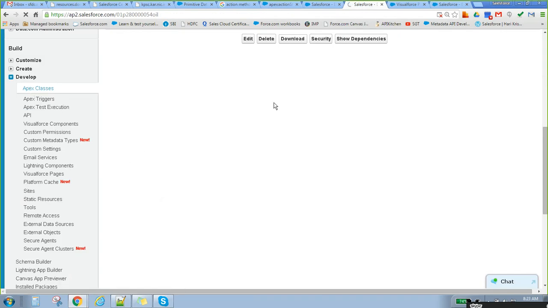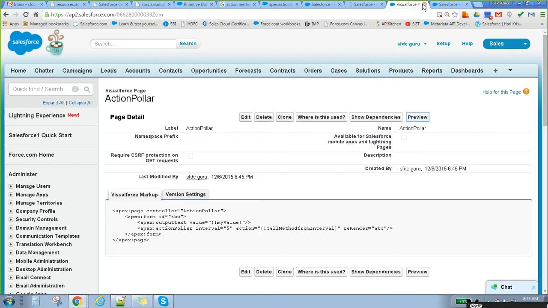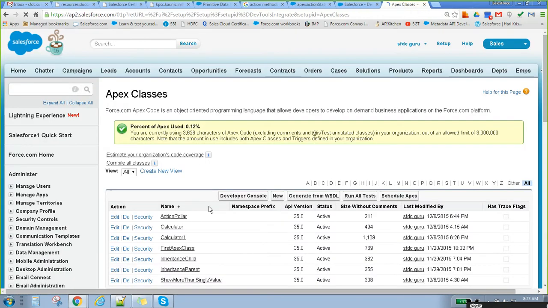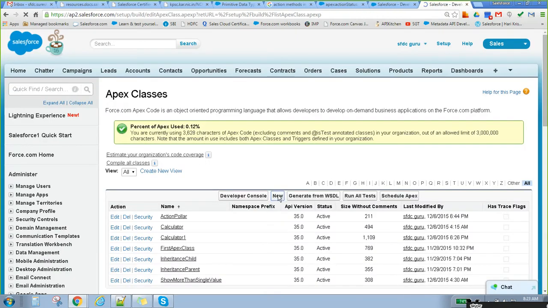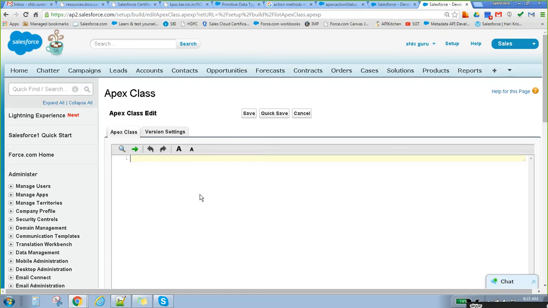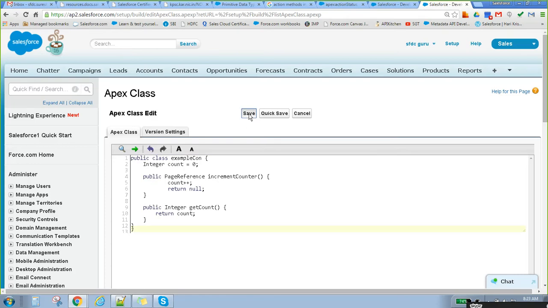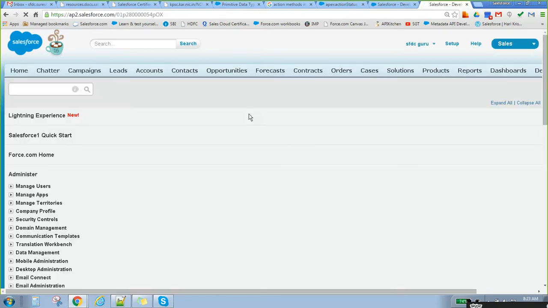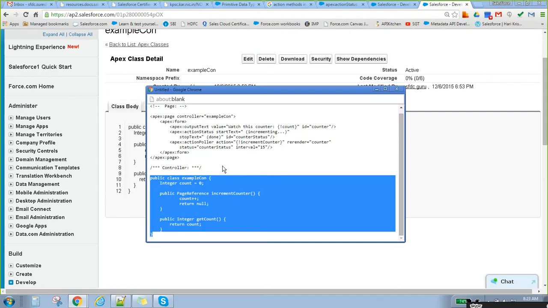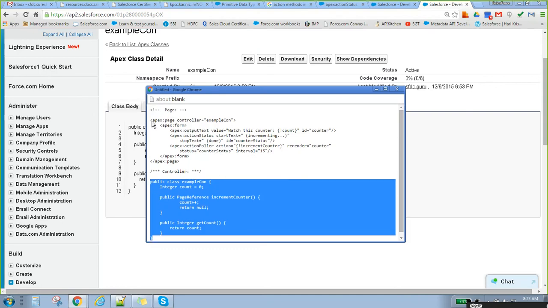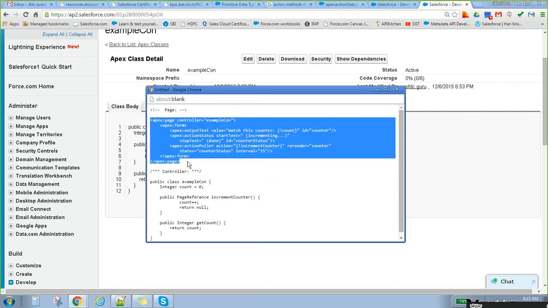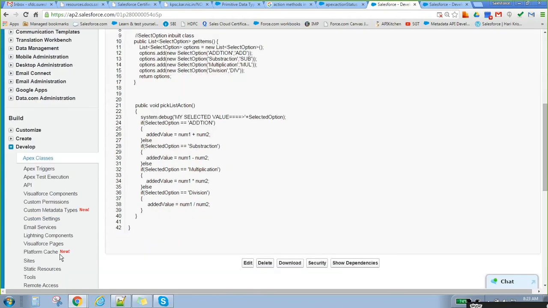Let's say I am loading some pages, and sometimes it shows some data, right? Let's say it is loading, or sometimes you are rendering some images, like rotating some images. That kind of functionality we can achieve by using action status.